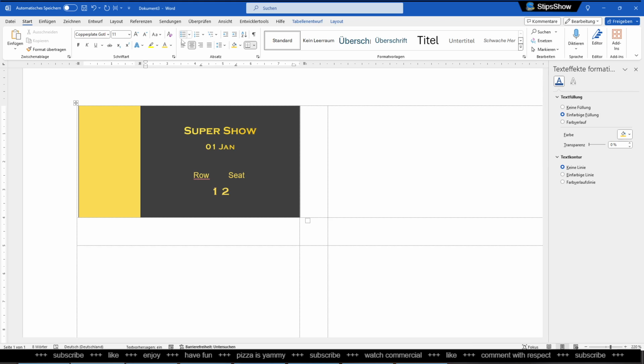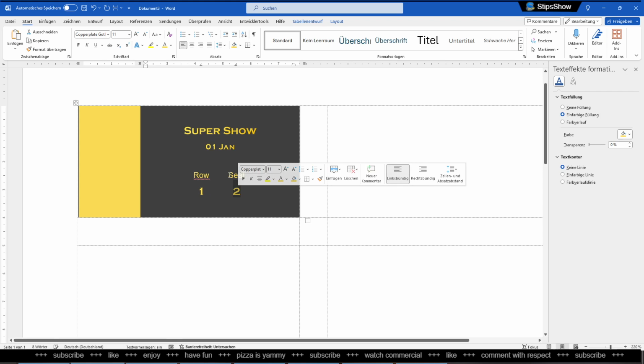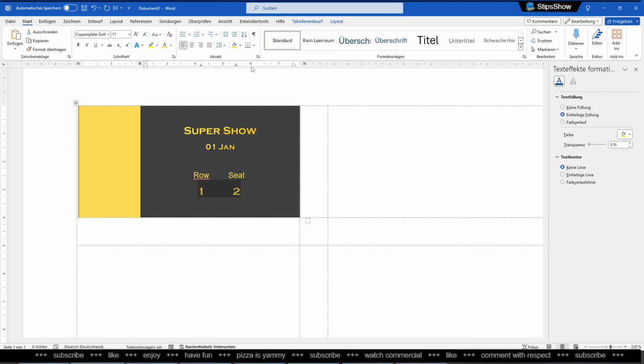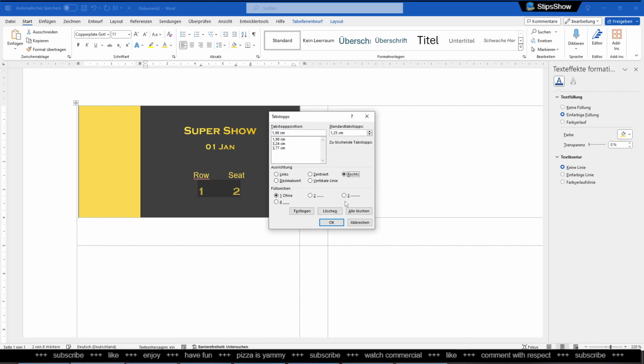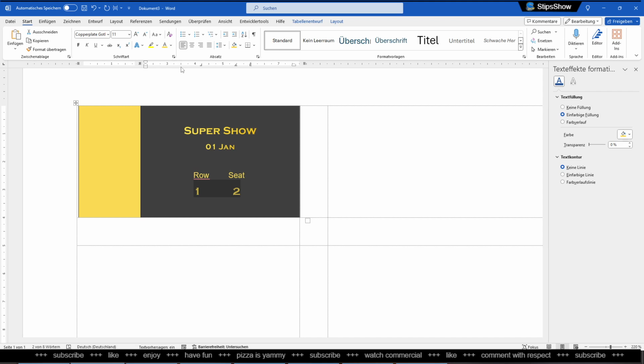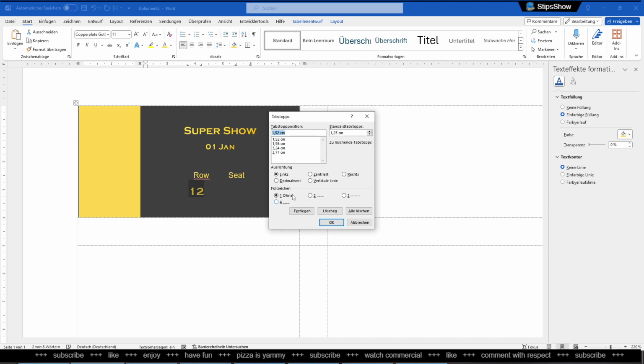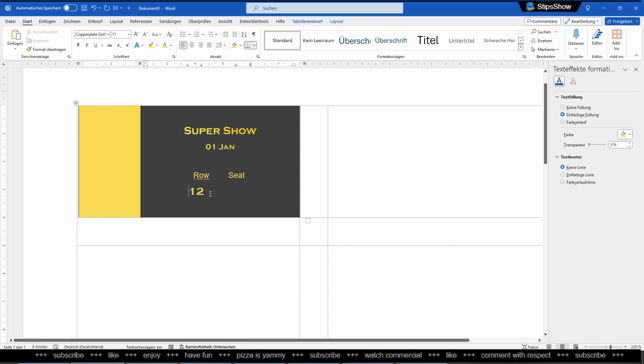So we will do the same for here, just to make sure that these numbers here are centered to this text over here. Okay, then we need to do another trick. Let's add another tab stop here, and another one maybe here, saying left. Okay, and then again we move these two tab stops. Then a little dot over here, a little dot over here,